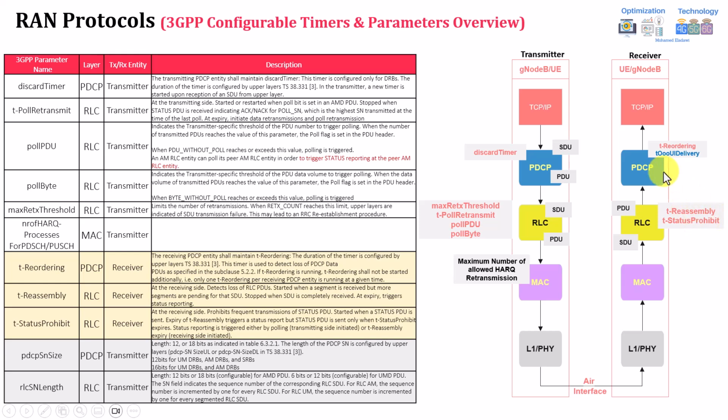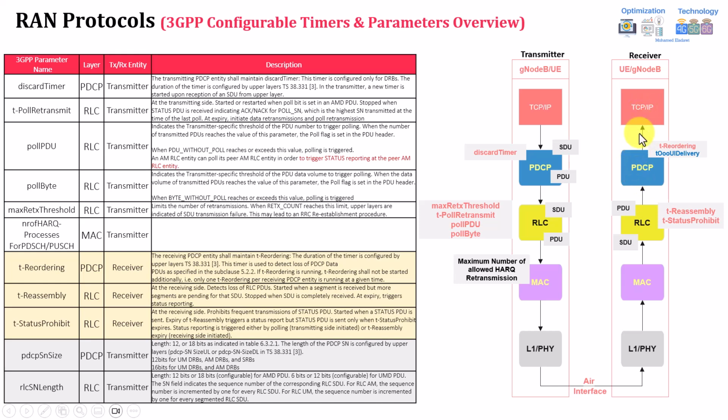I'll explain the function. And again, the PDCP will be doing the reordering of the packets. If you remember, we mentioned that at the header of the PDCP, there is a sequence number added. So assume you have three packets, 1, 2, 3. Assume that the PDCP received 1 and 3, and it didn't receive 2 yet. So it will start the t-reordering timer. Once it receives 1 and 3, it will start the t-reordering timer, waiting for this timer before it forwards the data to the TCP layer. It just wants to ensure that there is a correct ordering of data being forwarded to the TCP layer.